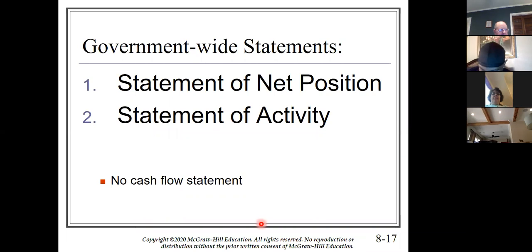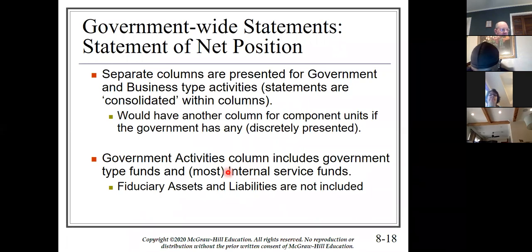So let's move on. Government-wide, there's a statement of net position and a statement of activity, no cash flow statement. Net position is the equivalent of a balance sheet. Government and business types are put in separate columns. So government includes the internal service funds. If they have